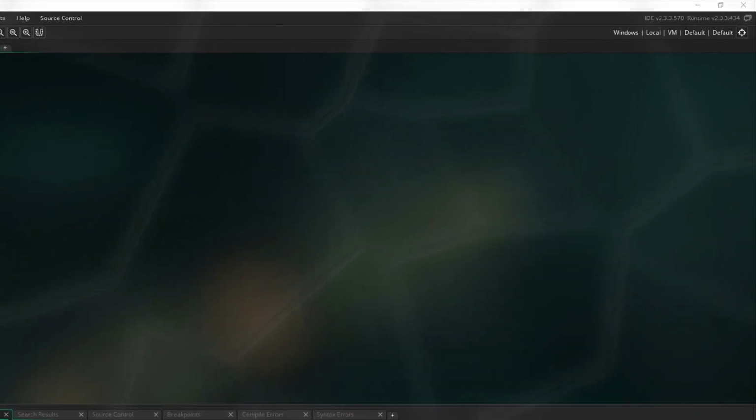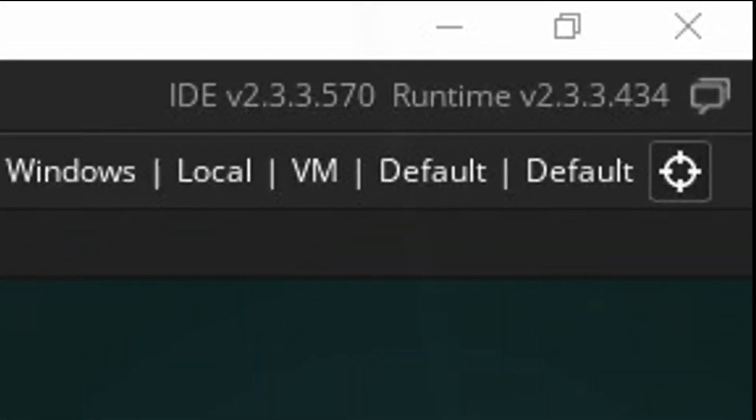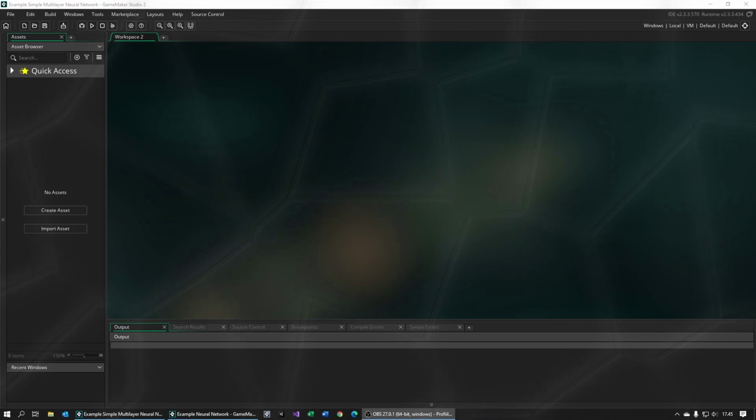In these videos, I will be using the latest stable version of GameMaker Studio 2, which is currently 2.3.3. But this should work in any 2.3 version. If you are using 2.2 or earlier, it will be a bit harder to follow. But I think you can emulate the structures and methods with instances and user-defined events.